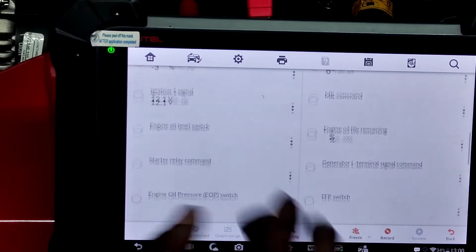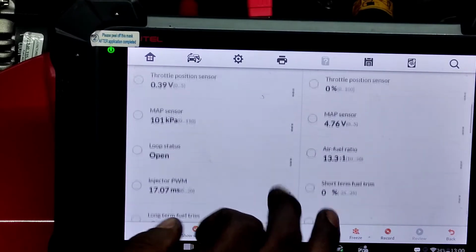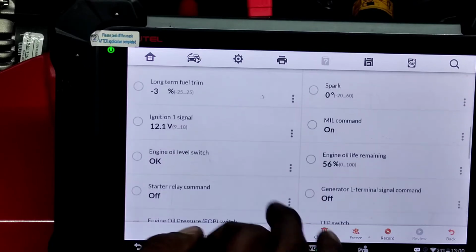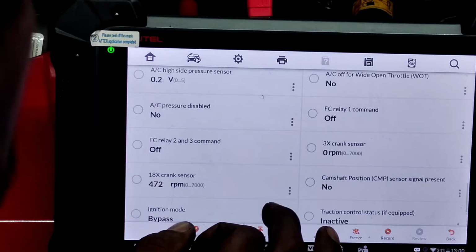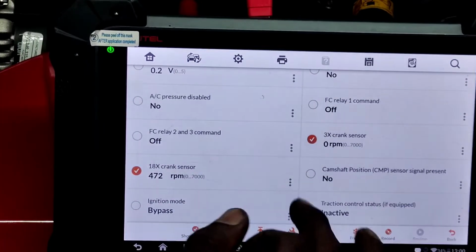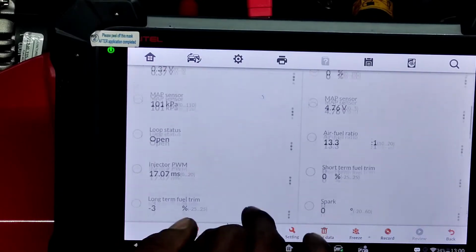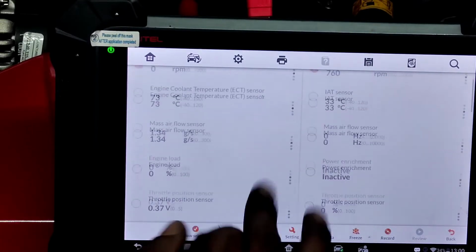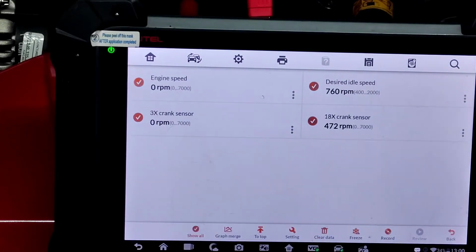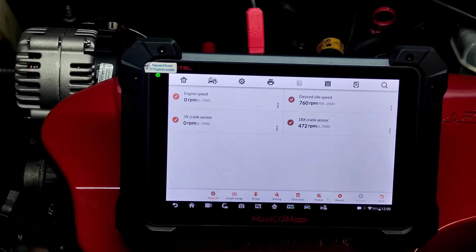We're gonna go back to the 18X crank sensor. We're gonna go to engine speed. I could probably try screwing around with the 3X crank sensor also, and see if I do those in tandem, if it would change anything. Did I get what I need? I got desired RPM, engine RPM. I think that's everything. Let me see what happens. I'm just gonna go to the closest ground. Well,